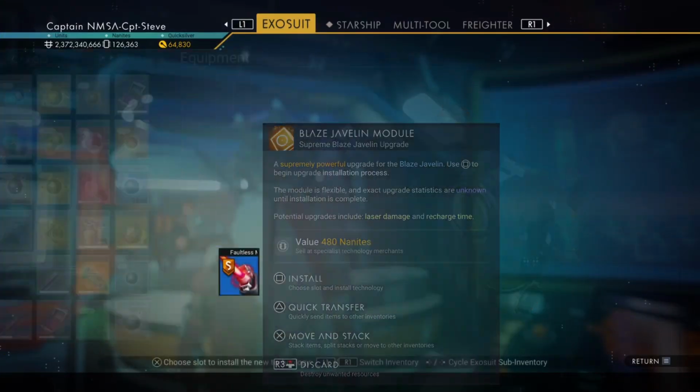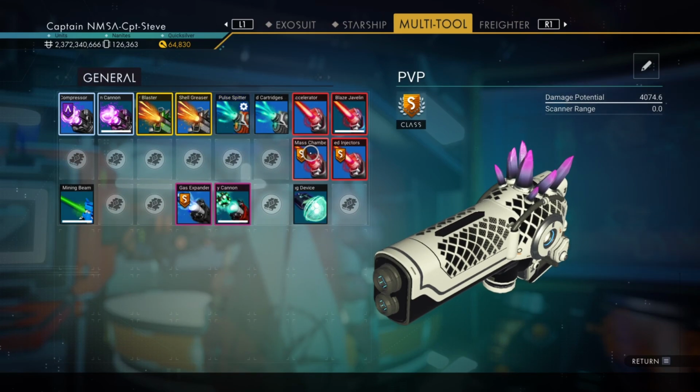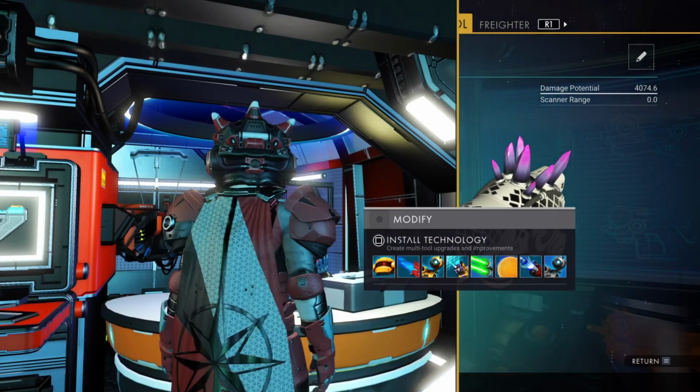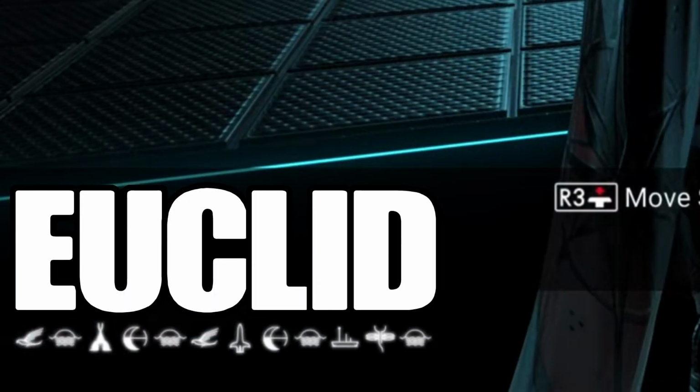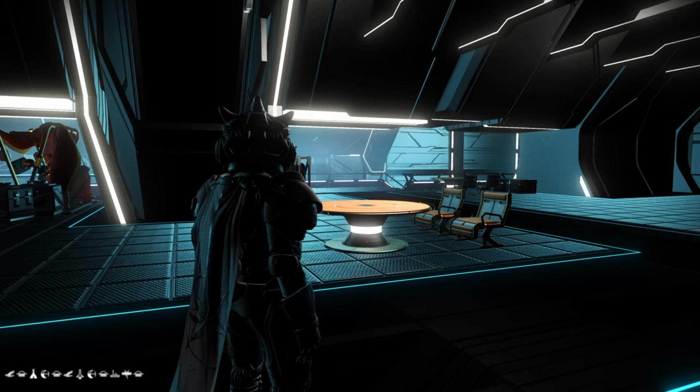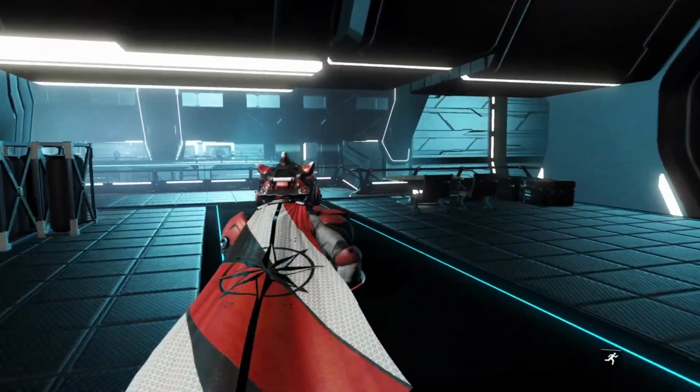So it does damage, but it's not going to do super damage, you know? It's slightly safer than normal, but I still want to use a geology cannon at range, because you don't want to blow your legs off. Anyway, there you go. That's where you can get geology cannon and also the Blaze Javelin S-class modules in the